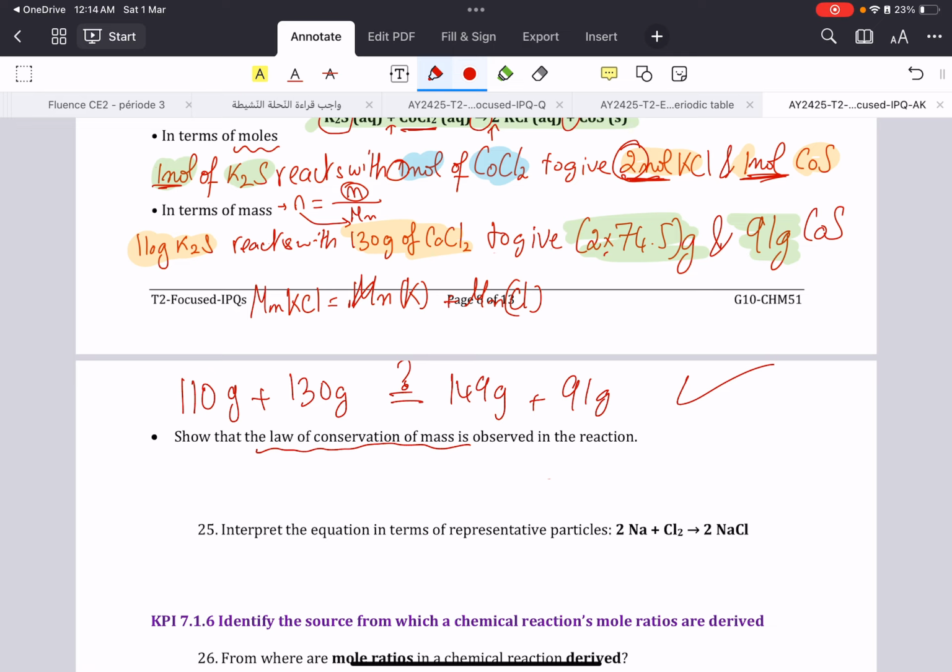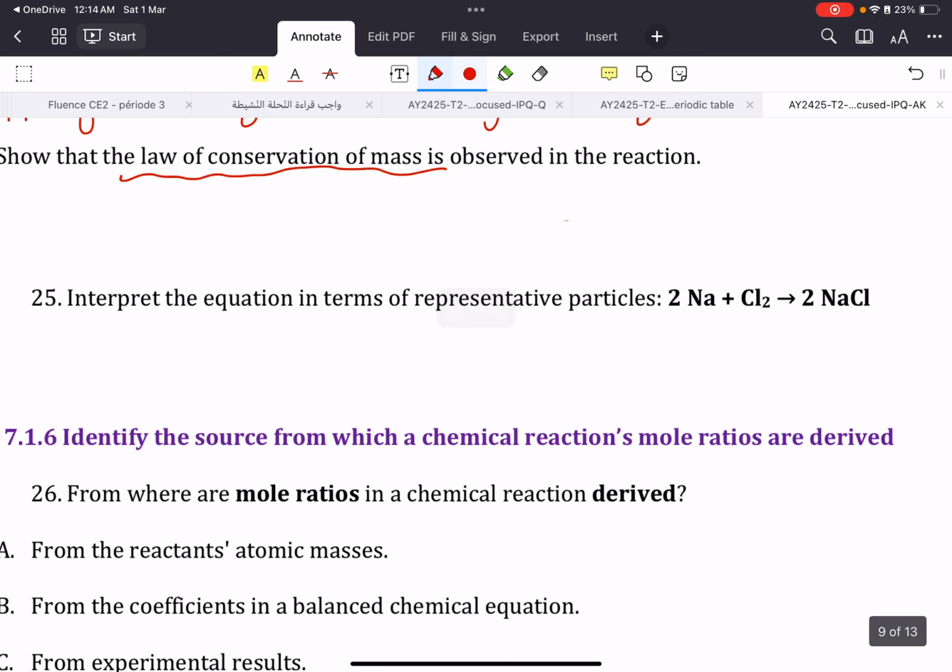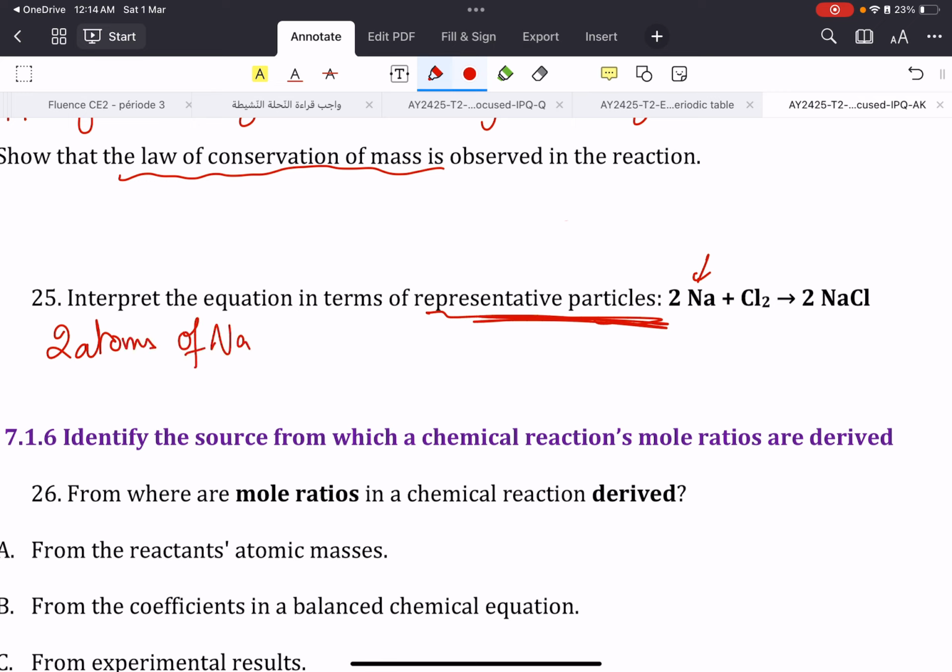Now, interpret in terms of representative particles. When they say representative particles, you cannot say 2 mole, 1 mole, 2 mole. You have to say the type of this particle. So an A coming alone like this is an atom. So 2 atoms of A reacts with